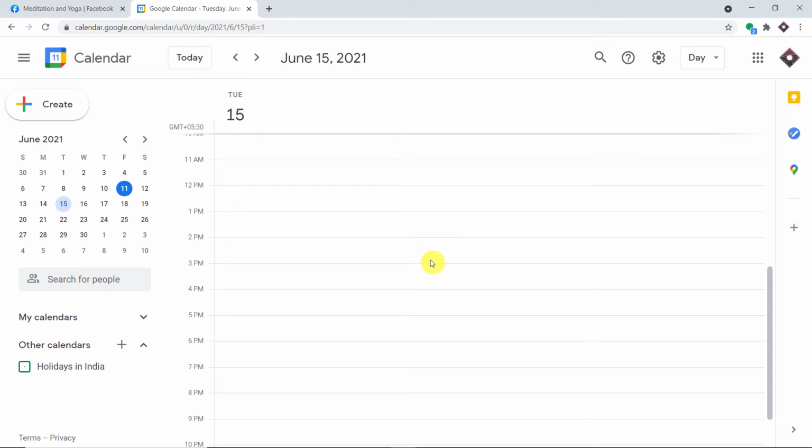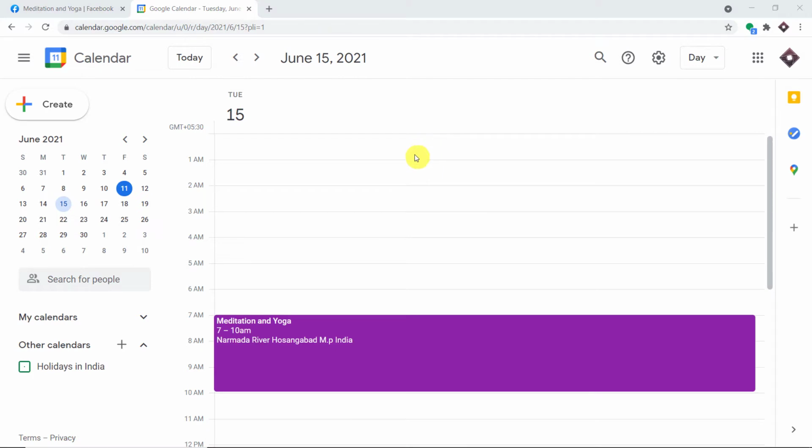Now there is something I have to tell you. Facebook actually takes an appreciable amount of time to send the data. So we may have to wait 5 or 6 minutes to receive the data in Google Calendar. I repeat, you may have to wait 5 or 6 minutes for the data from Facebook to arrive in Google Calendar. It's an issue from Facebook. You don't have to worry. Just bear with me. After a delay of 5-6 minutes, when the data arrives, I will show you. Till then I'm pausing this video.